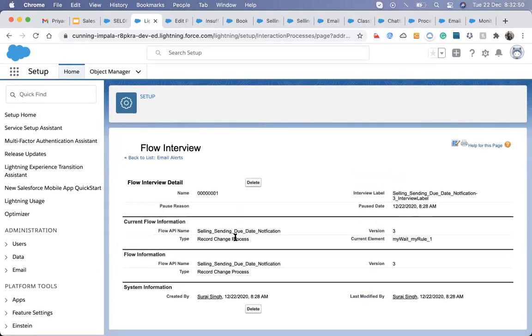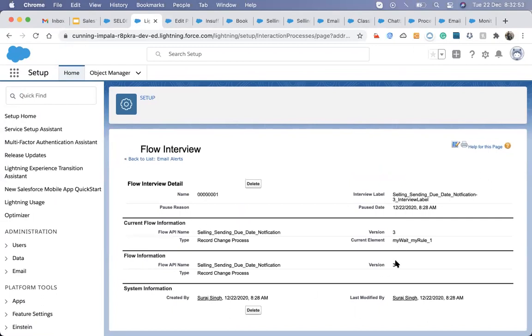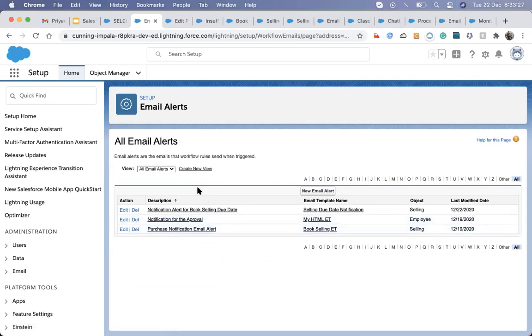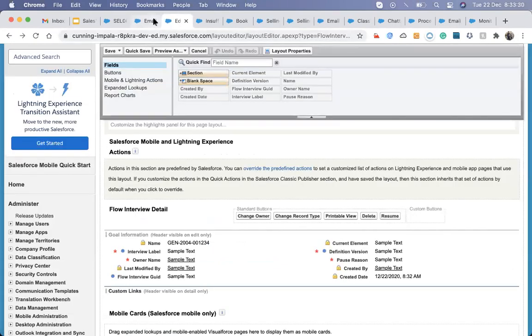Okay, the point I'm making is that I cannot find more details up here, but it lets us know that yeah, in the process builder there is a schedule action going to happen in the system, and it comes from the flow name, selling due date notification, that is our flow name, and its version. So this is how we can monitor what is going to appear. If more actions are present, there will be more options available up here.